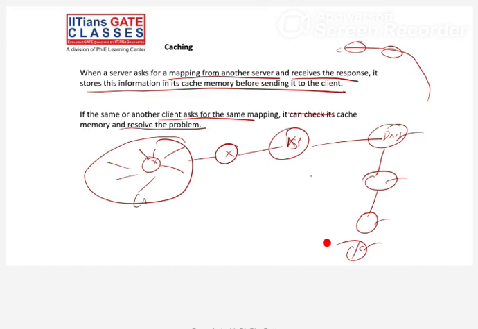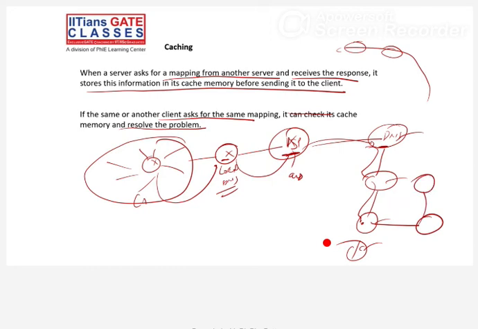DNS is designed as a client-server application, from client to server. Here is your DNS client, and here is the DNS server. That's why it is a client-server application. This DNS client and server is socket programming. Whatever content is required in the program, it is like socket programming. We have to open the connection, close the connection, all these things. TCP connection is there, UDP connection is there, whatever, right?